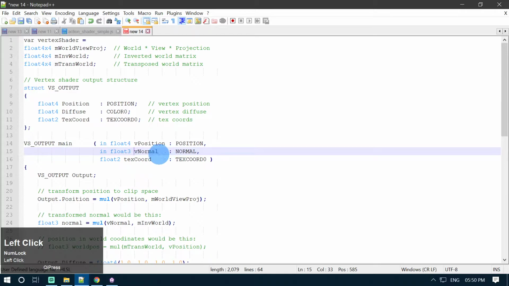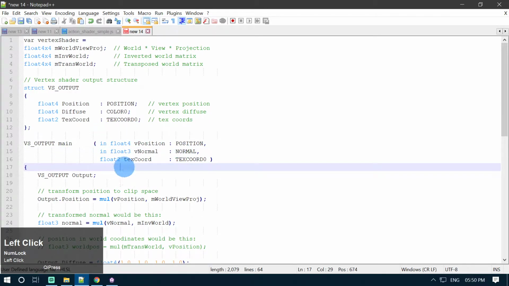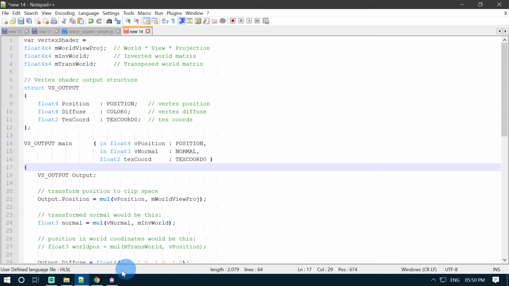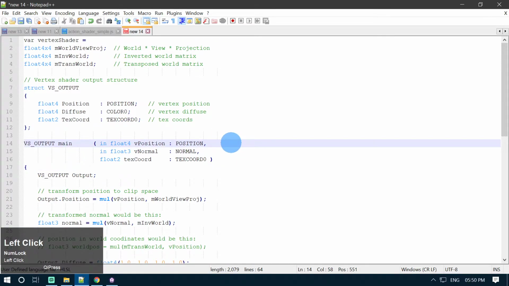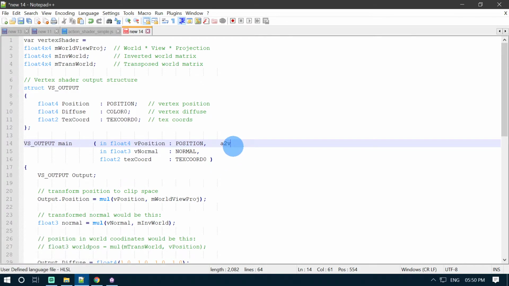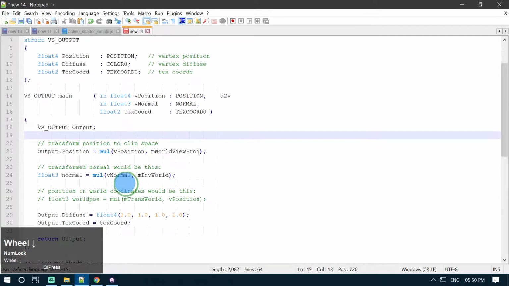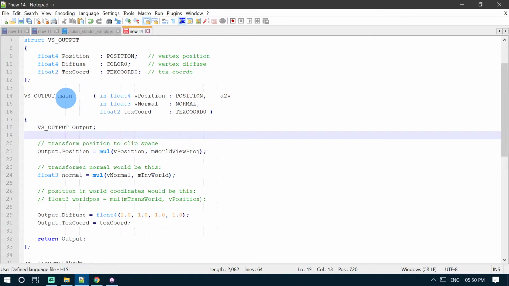Same goes for normal and texture coordinates. So these three are the inputs from the application to the vertex program. People also call it A to V, which stands for application to vertex program. Then we have the VS output, which is actually part of this function here, and we do all the